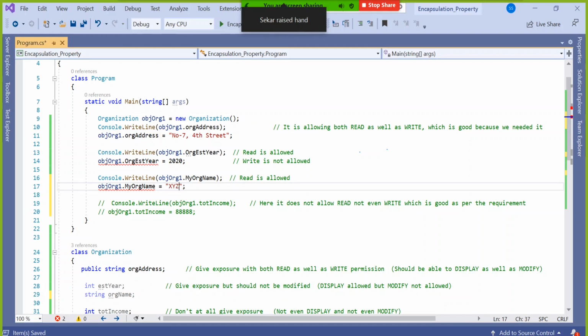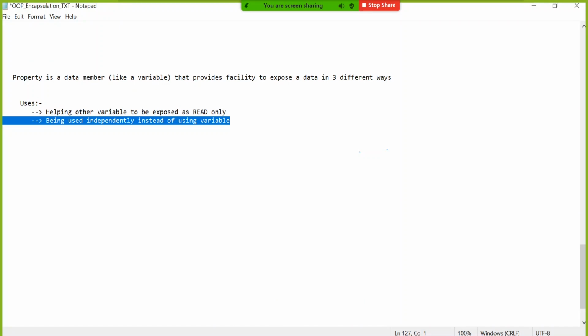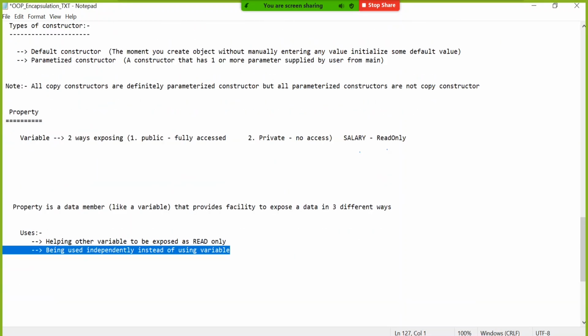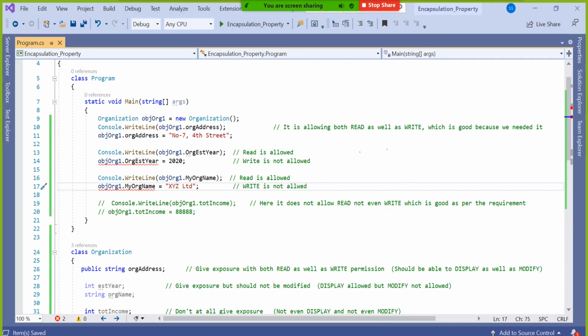So XYZ limited. Read is allowed, write or modification is not allowed. So with the help of property, now you got all three varieties of needs, whatever our requirement was.